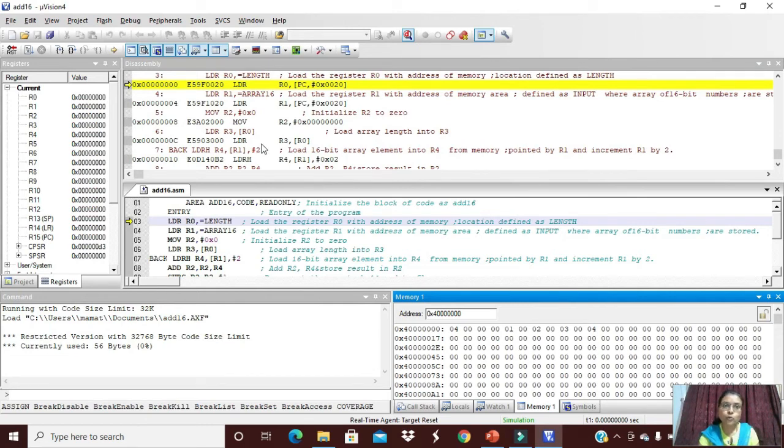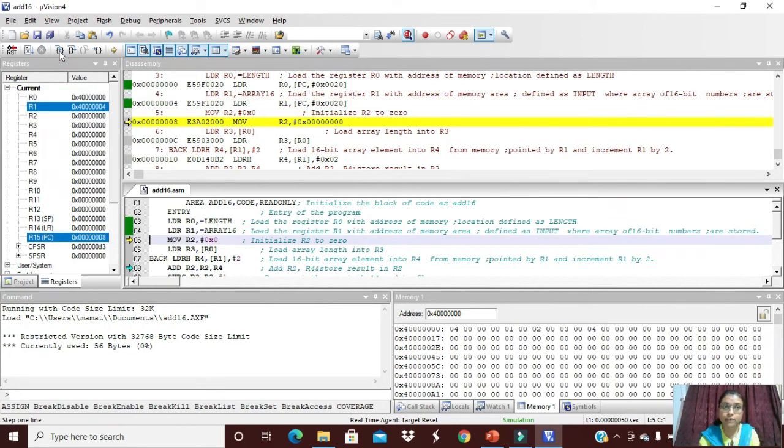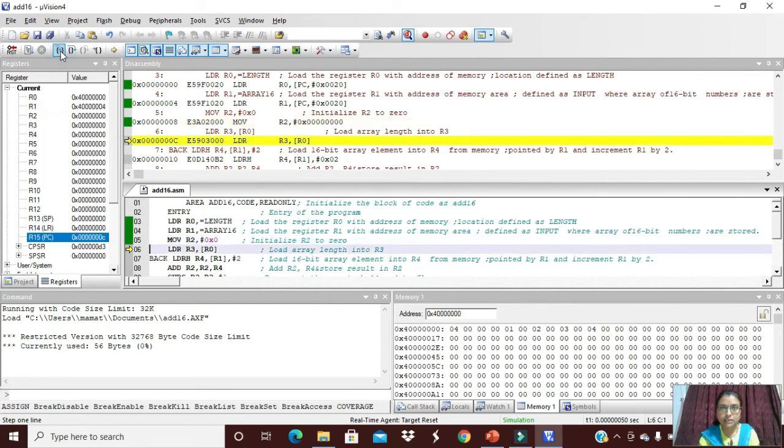If we want to do the stepwise execution of a program, here it is step-by-step execution, that is, F11 is pressed in order to see the output step by step. Once it is pressed, first see here R0 has the memory location 0x40000. For the next instruction, it will be 40004, because in this 4000 memory location we have given an array length of 4. Next, in the 4004 memory location, we have given the first value. See here.